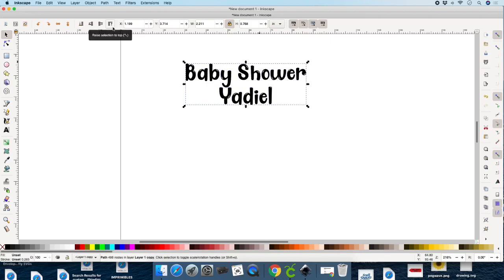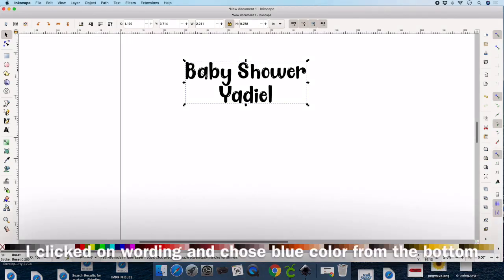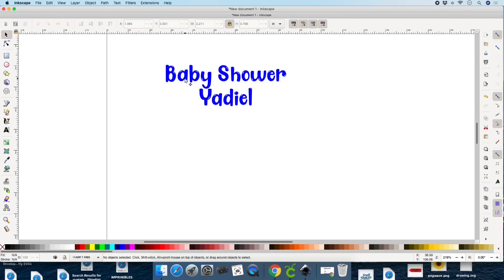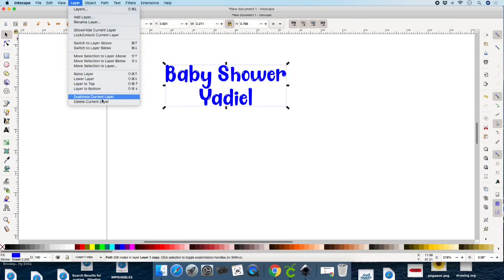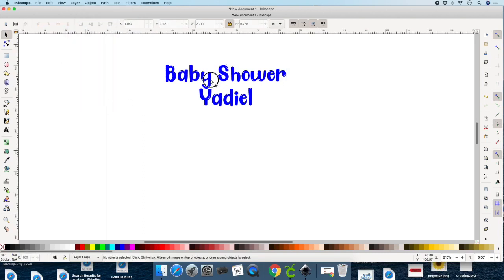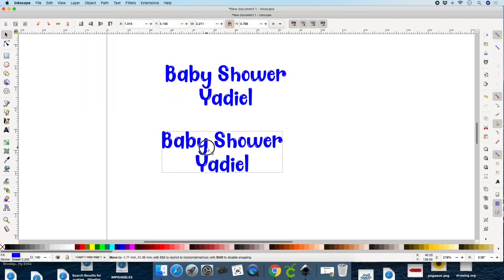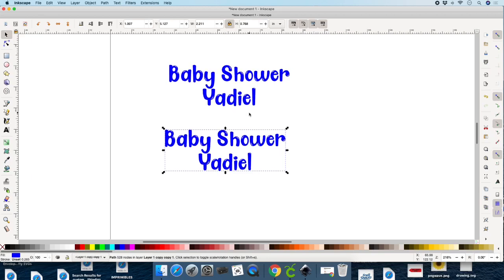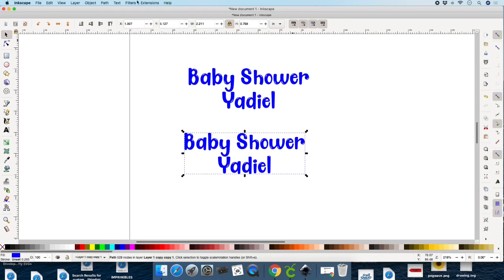Going back to path, creating that path, and doing union, this is for you to be able to ungroup it in Cricut. If you don't do this, then once we save it and upload it to Cricut, you won't be able to ungroup it. Then we're going to go ahead and click on your wording, go to layer, duplicate current layer, and we're going to work on that layer. Drag it down,